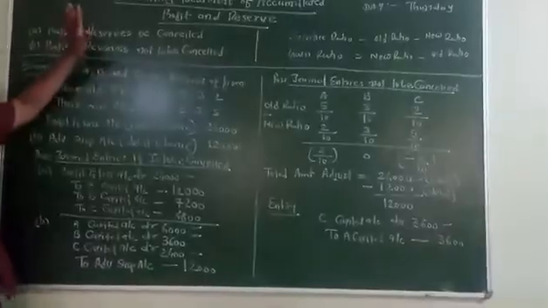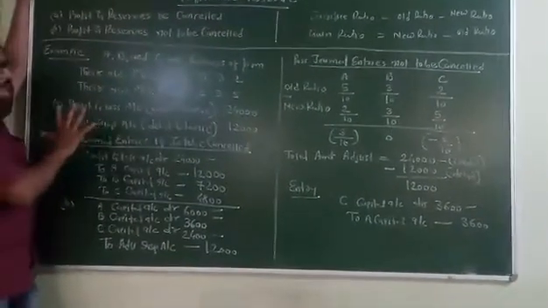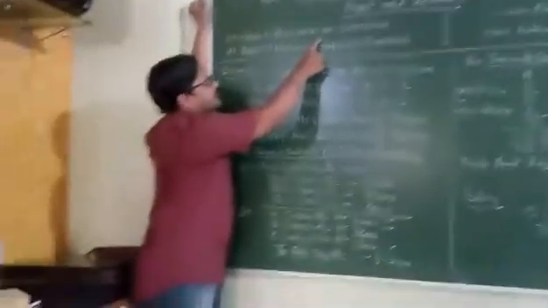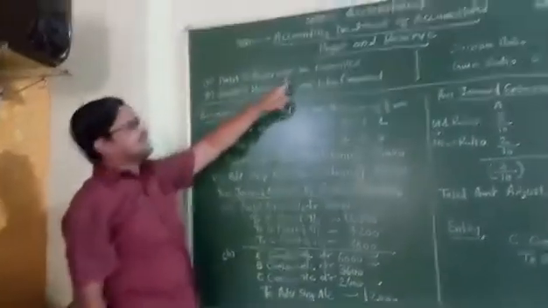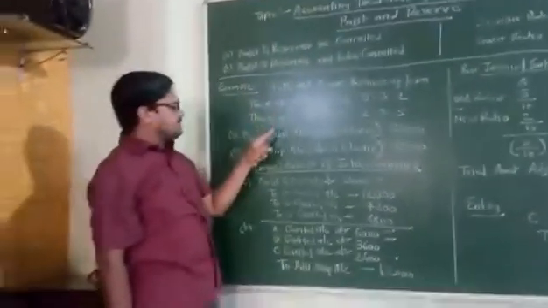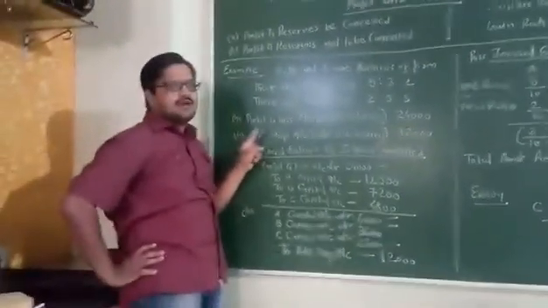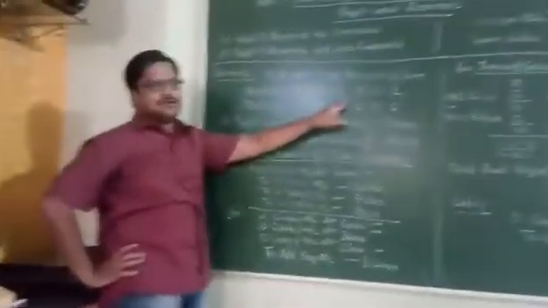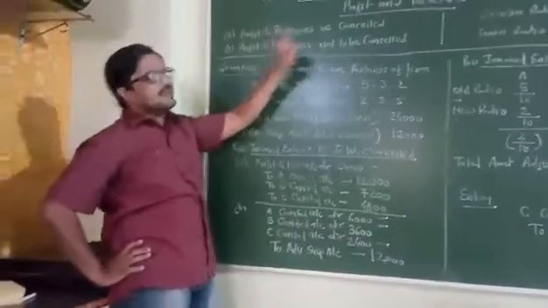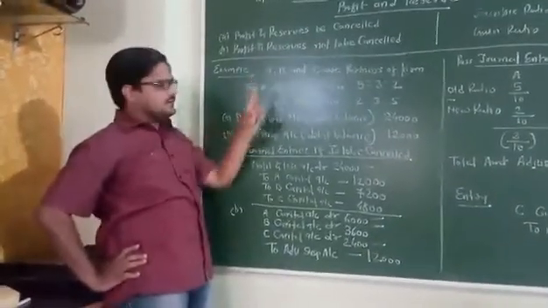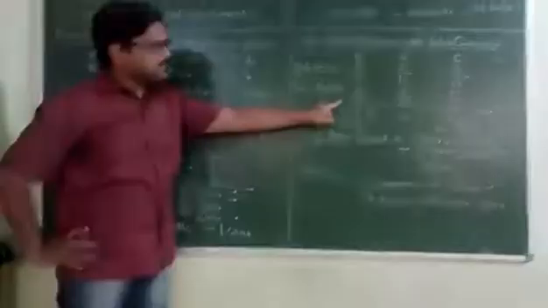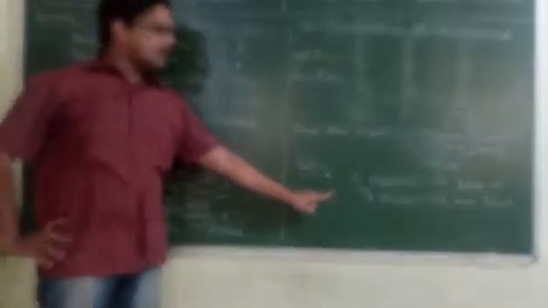Remember all these things properly. When it is given that the reserves are to be cancelled, the balances of all the reserves and funds are distributed as per the old ratio. And when not to be cancelled is given, first find out the sacrifice ratio, and as per this sacrifice ratio distribute the amount and give the direct effect to